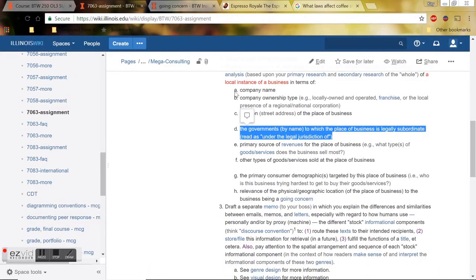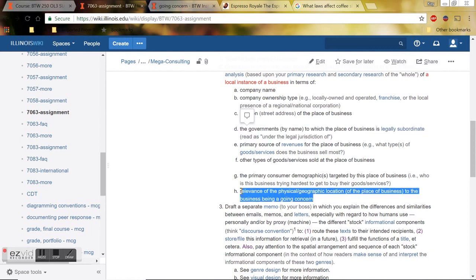You can totally start drafting by just listing this information and writing the information as fact-based sentences, but then go back and frame each of that information with the question of how does this relate to the going concern for this business? And that will make this information so much more relevant, so much more interesting. And if you can tie this information all to that one theme, it will seem like this is actually one document and not a whole bunch of different facts just strung together for no reason.